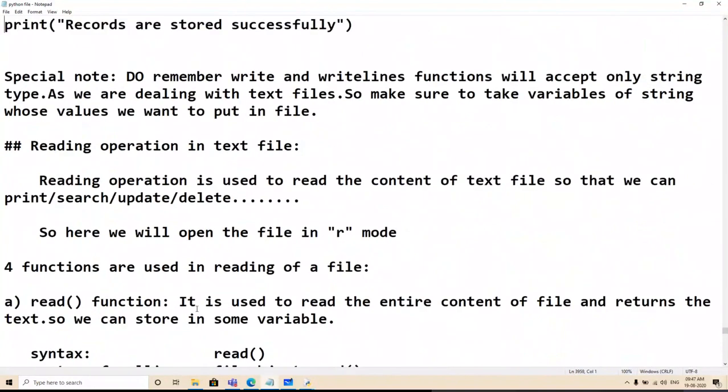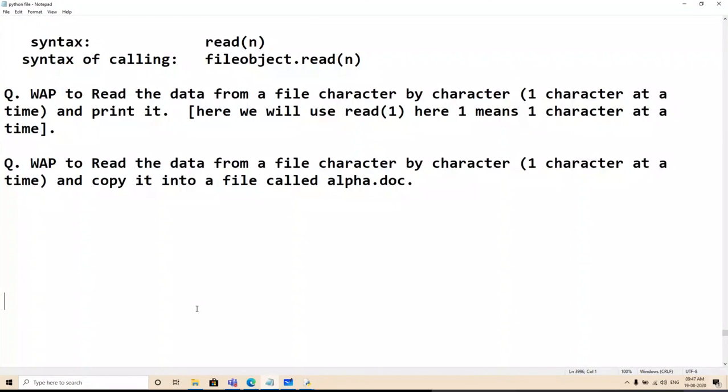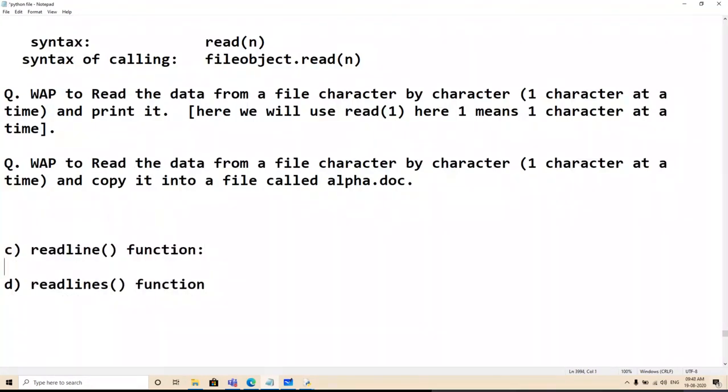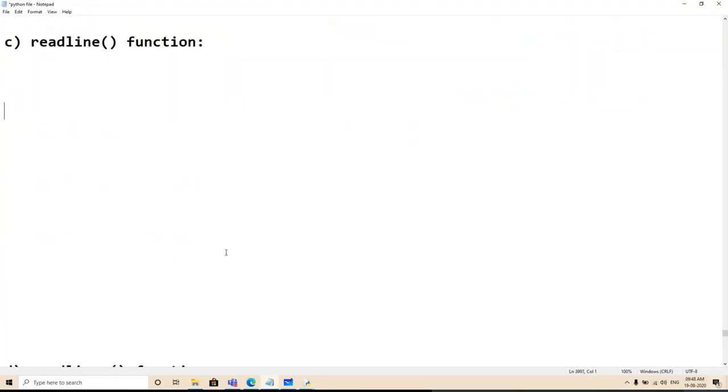Next is the read line function. Now let's do this read line function. As the name says, what is the meaning of read line? Read one line at a time. It is used whichever number of characters are there in one line. That means before the first backslash n, it is going to read all the characters from that line. It is used to read one line